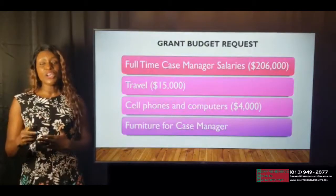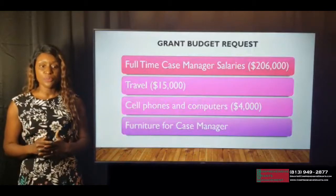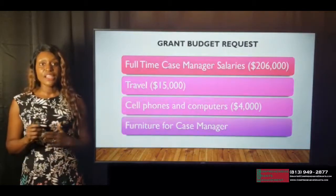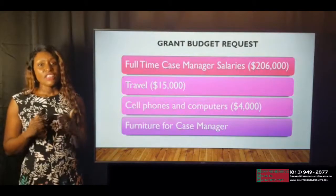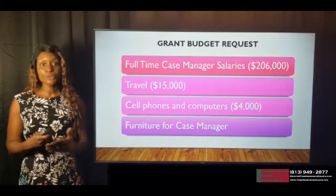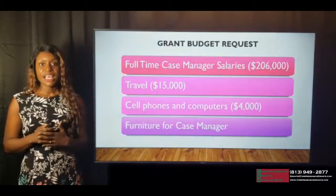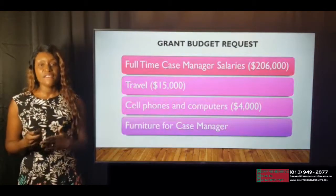So you can request up to $103,000 per year, and the maximum is $206,000 over the 2-year grant term. You can also request up to $15,000 for training, for travel of the case manager to travel back and forth for training or to assist the homeless veterans to locate permanent housing. This $15,000 can also include the lease of a vehicle. So a vehicle could be leased so that the case manager can do his or her travel duties for the job. Also, the $15,000 over the 2 years can be spent on mileage for the case manager's own private vehicle for travel